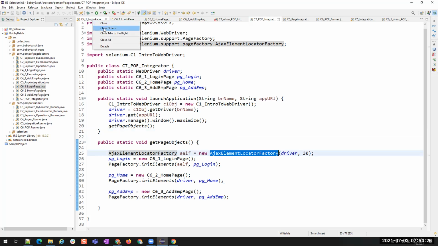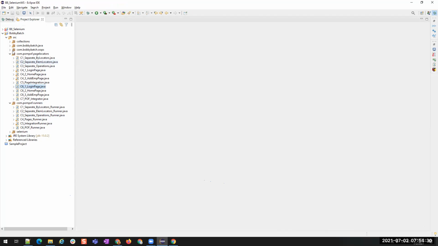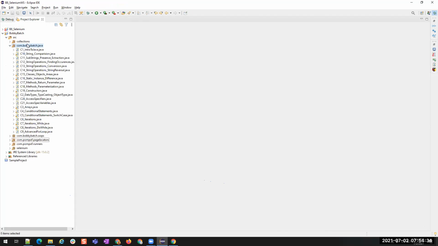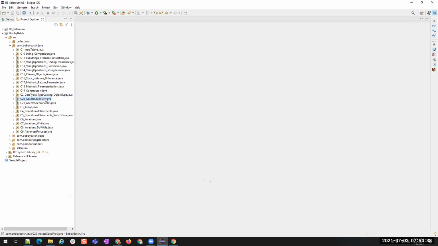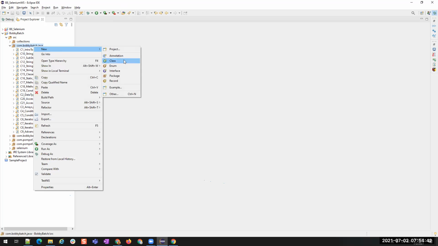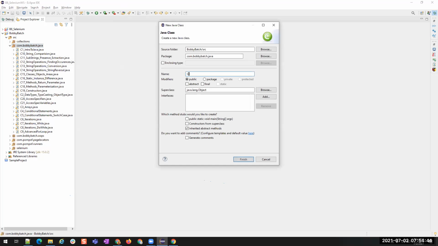I'll close all these files. Now let us go back to Java and let us learn our exception handling. I'm going to create a new class over here, C22 underscore exception.